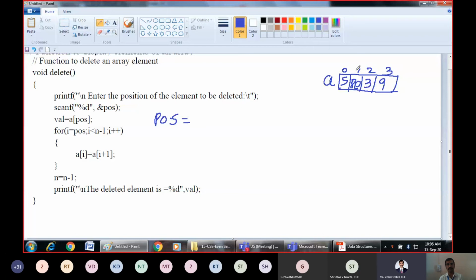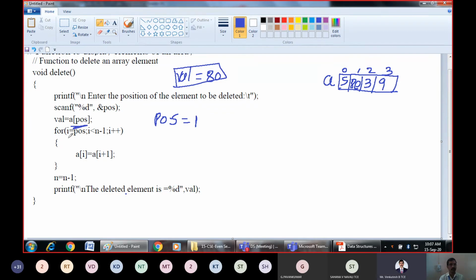So the position is 1. The position for 80 is 1. So I want to delete an element from location 1 and first store that value in some variable, because once we delete, the element may not be available. For displaying at the end, you just keep it. That is what is present in A of position, A of 1. So A of 1, what we have? 80. That will be stored here. This will be used later for displaying at the end. That's why we store it first, because once we delete, we may not be able to obtain that data. So first you keep it as a backup.